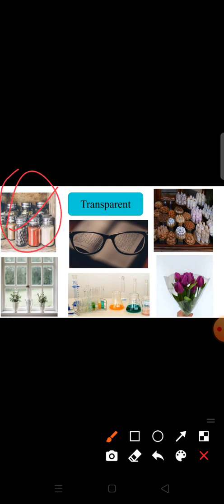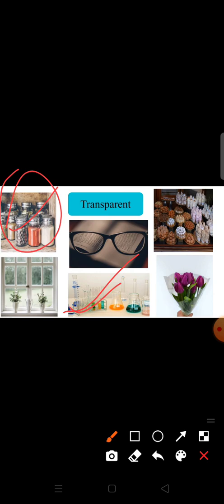Similarly, in a chemistry lab, all the beakers or all the test tubes are made of transparent materials, so that we can observe the change in case of any chemical reaction. Okay, we can easily see the chemical change. That is why these beakers are made of transparent materials.